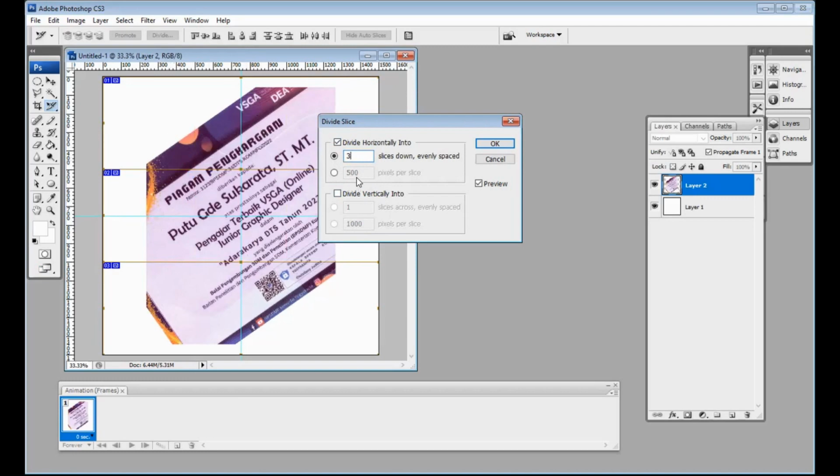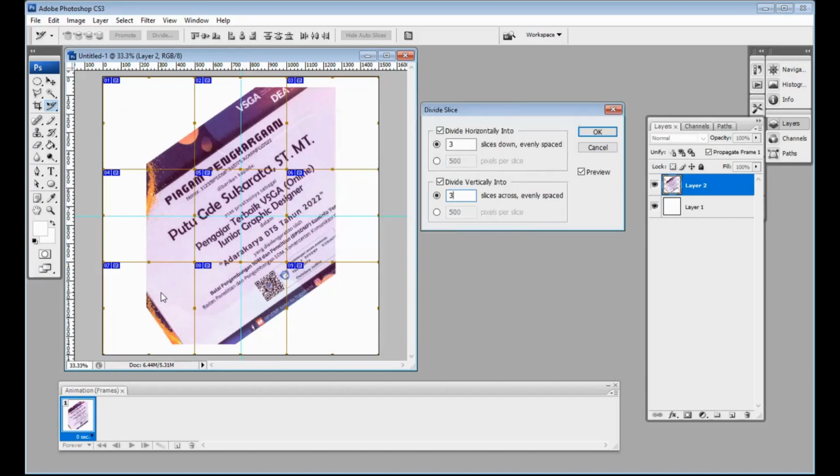Per slice has 500 pixel. Yeah, we know on Instagram there are 9 image objects. Now we can set this to divide vertically into 3 slices. That's it. 1 2 3 4 5 6 7 8 9 slice. After that, we can push the OK button.